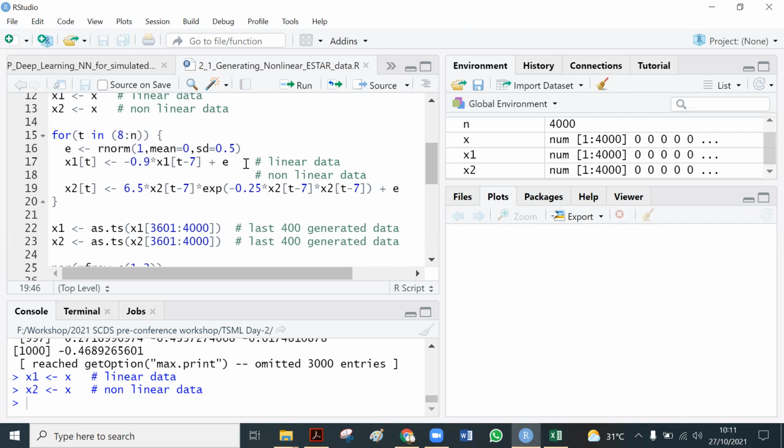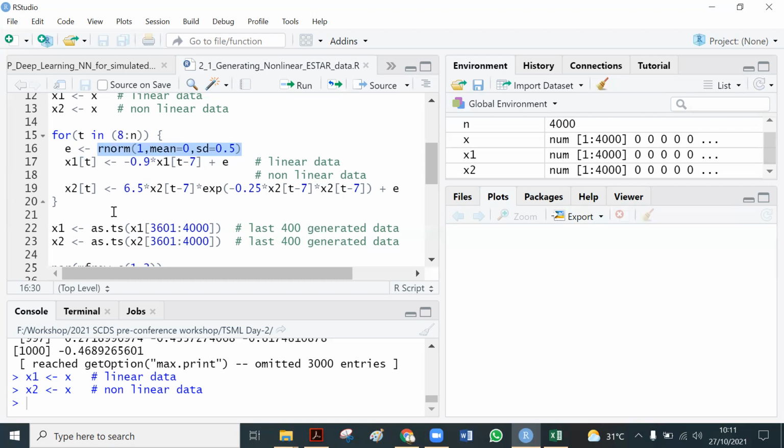The linear data follows minus 0.9 times x t minus 7 plus error, where the error follows a normal distribution.